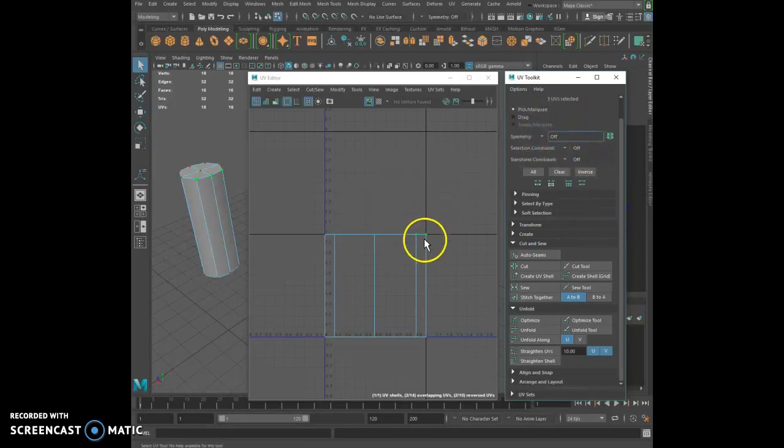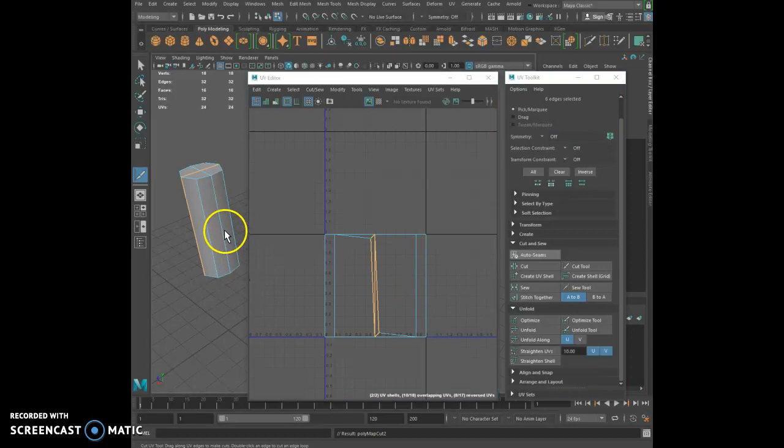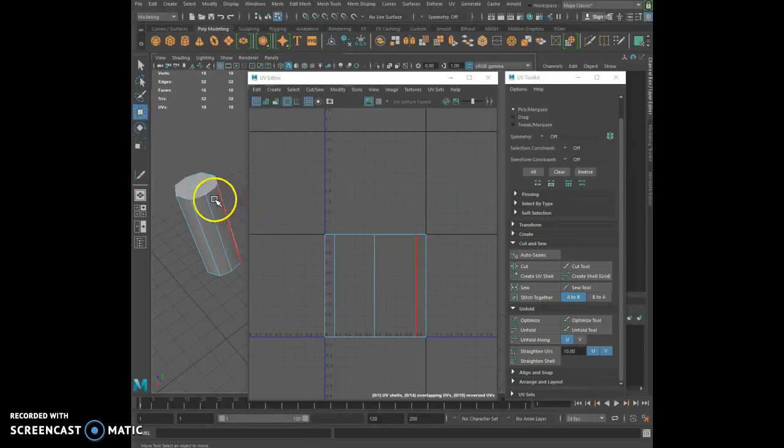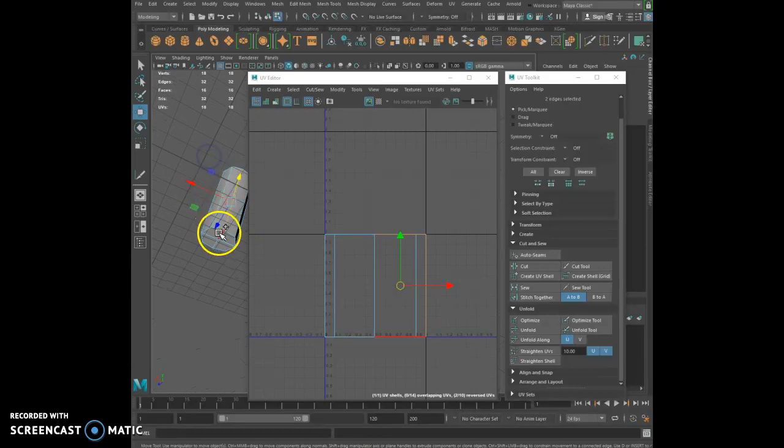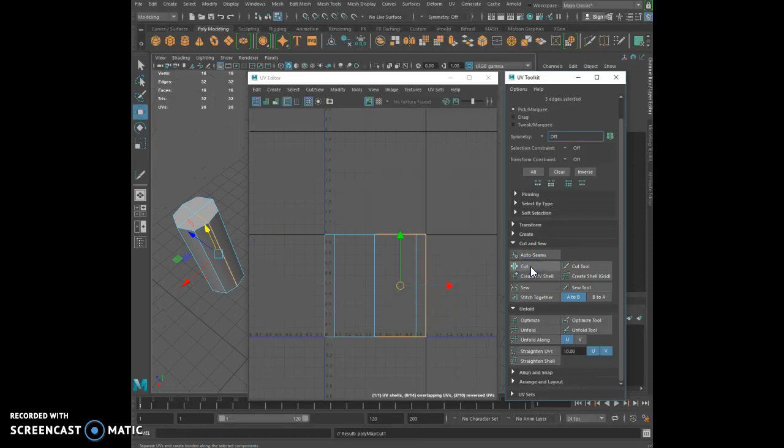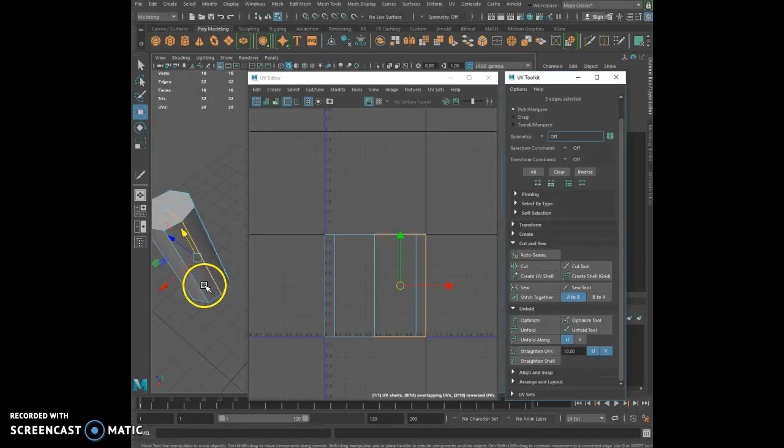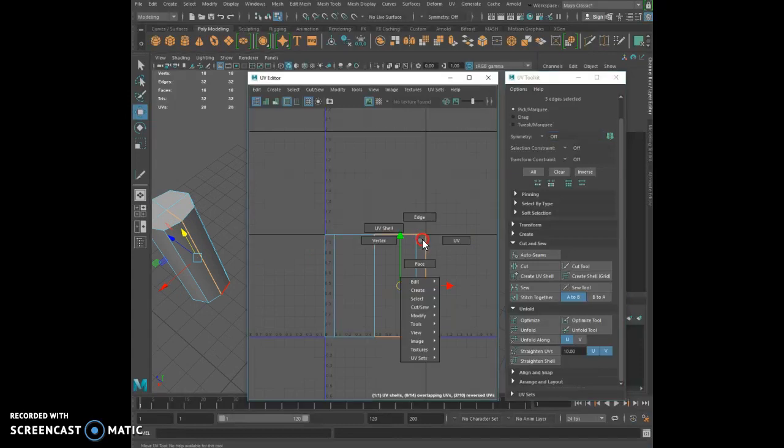Right? So if we are in edges, right here, we can take the cut tool, all right, and double click on one, and it will cut it. We cut it all the way, but sometimes you see it goes all around, and that's not what we want, frankly. We want to cut just half of it. So what we can do is select an edge right here, all right, and we can cut it. Bing, that's it. So after we cut that edge, we can go back to the UV level,